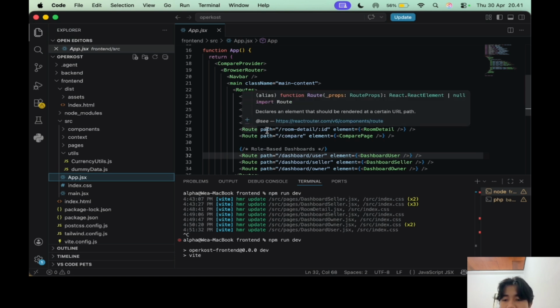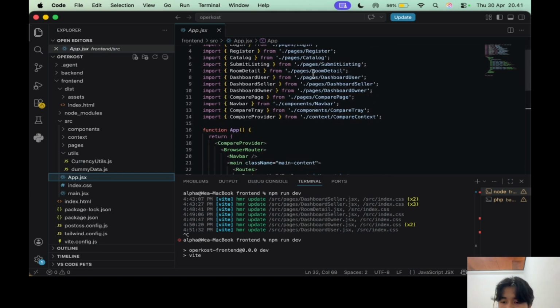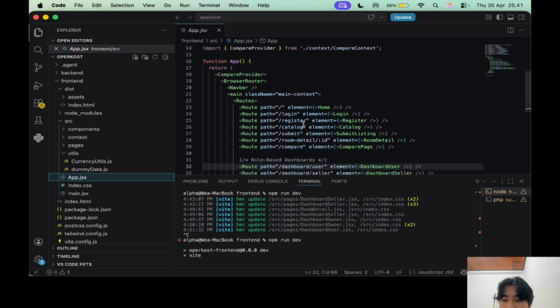It maps a specific URL path directly to its corresponding React page component. For instance, the path catalog renders the catalog component. This setup allows for instant page navigation without reloading the browser.